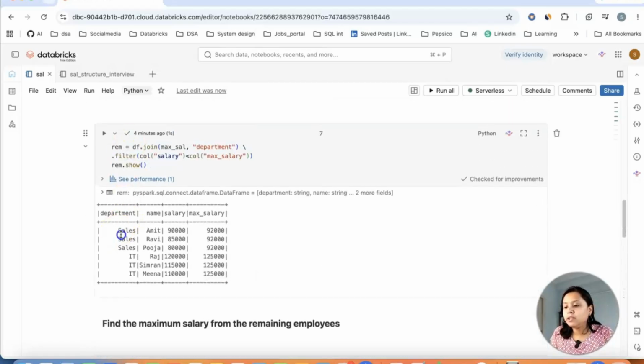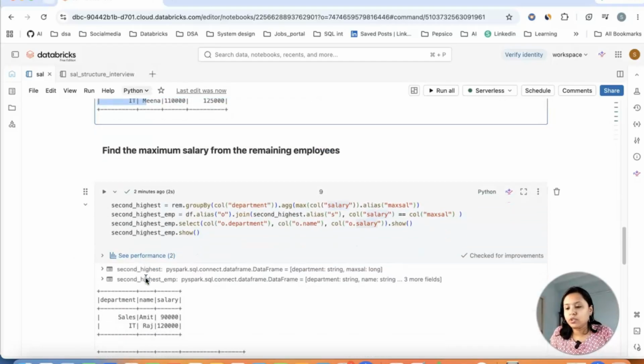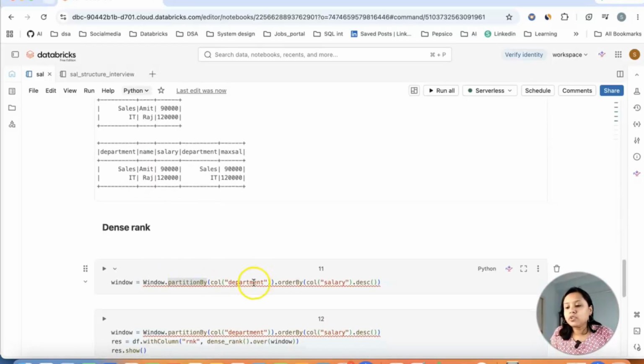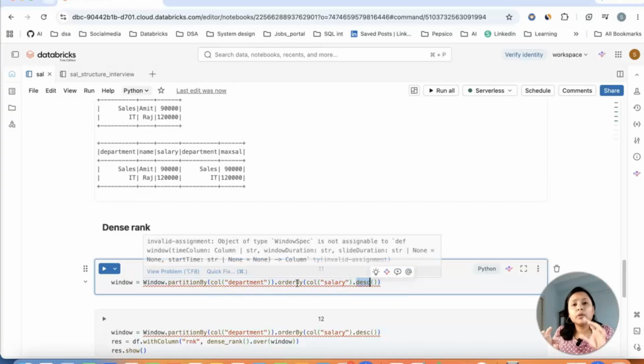So what will happen? This will be in one partition and this will be in the second partition, right? So once I have partitioned it by department, I'm ordering it by salary, but I'm ordering it in descending order. So you will see the highest salary will come on the top. So this is the window function. Now in the window function, I want to apply a dense rank.